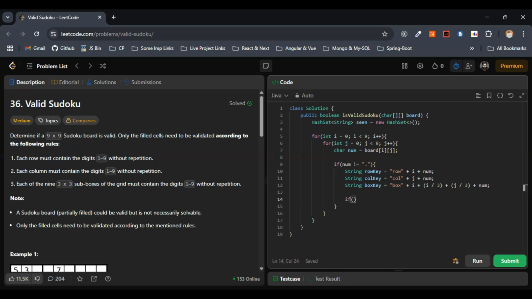Means here, if seen.contains row key, or seen.contains column key, or seen.contains box key, then what we will do, we have to return false